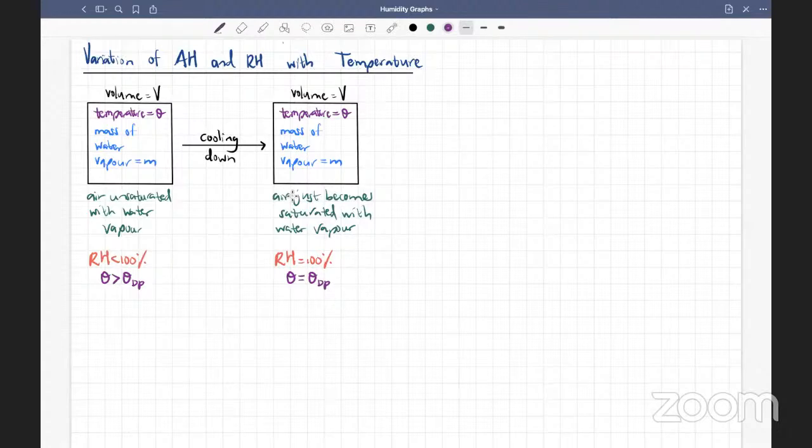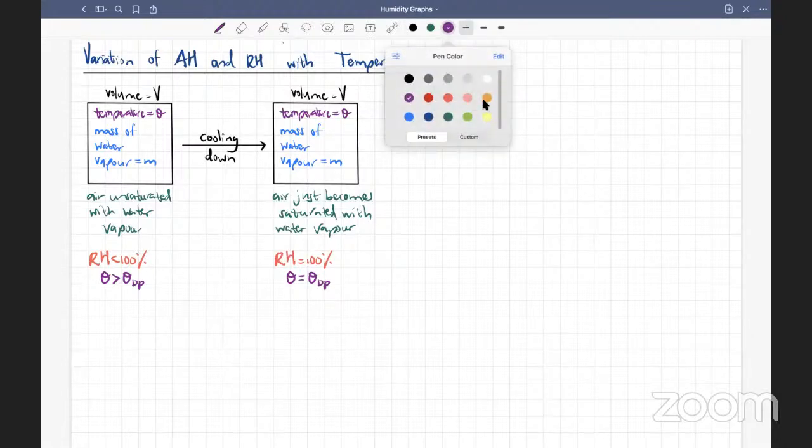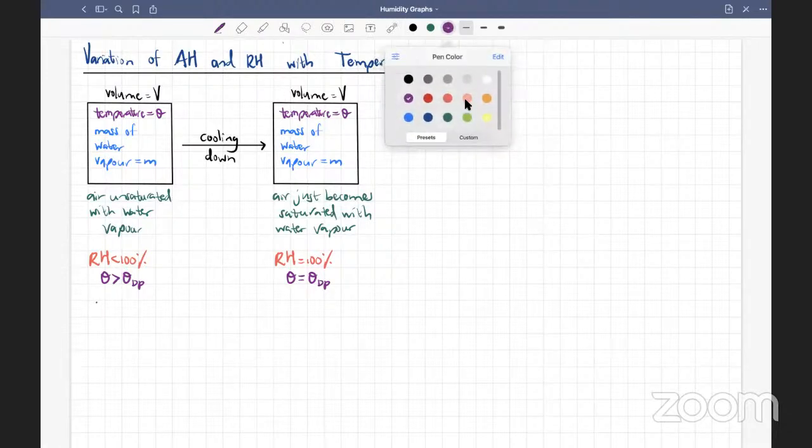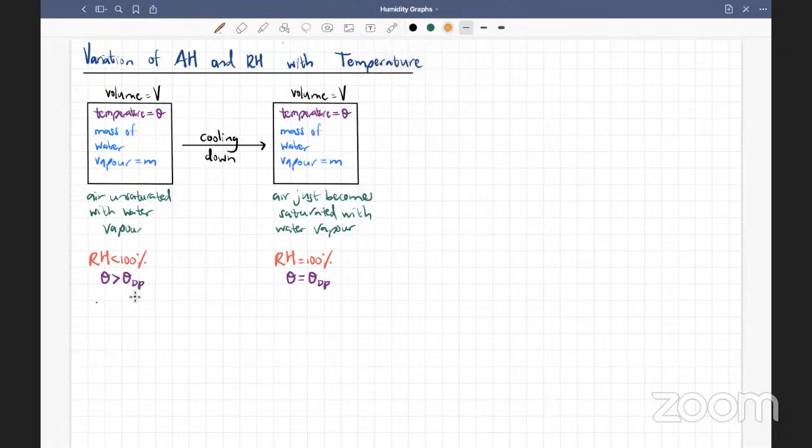All right. Now, if you're wondering how RH is increasing, let me explain that. Before that, I think we will add everything about this system. Now, let's write about AH. What is AH here, people? AH, anyone? If I write the equation for AH here,